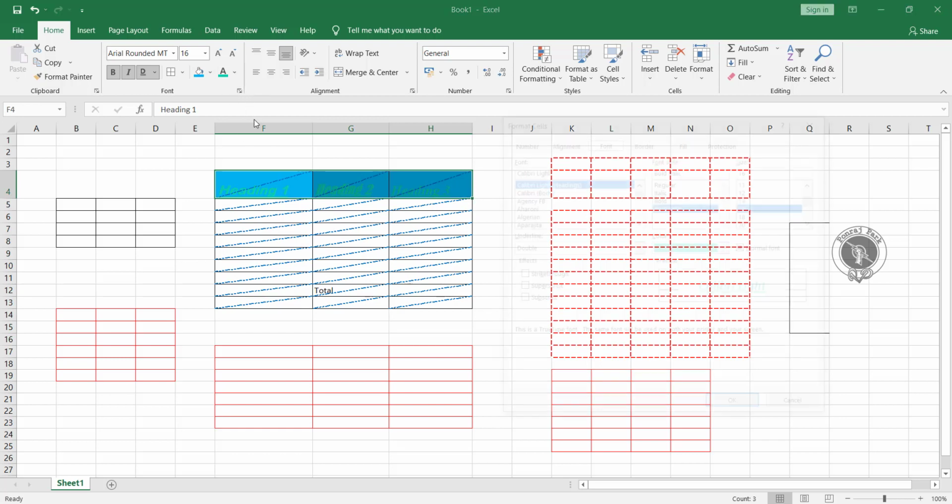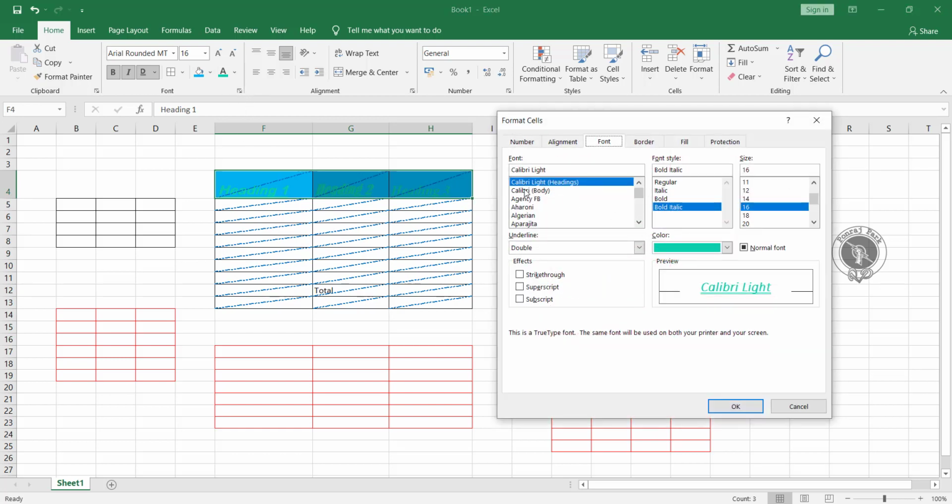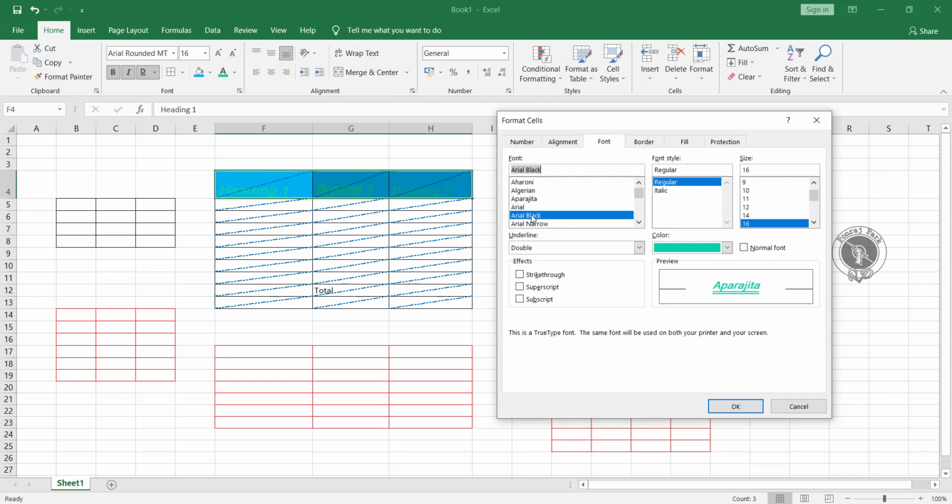I'll click here. Now if I want to change any kind of font style, you can see I can change that from here. So how it should be, regular or italic. You can also see the preview over here as I change. What should be the size? Like if I go for 14, then next we have underline.